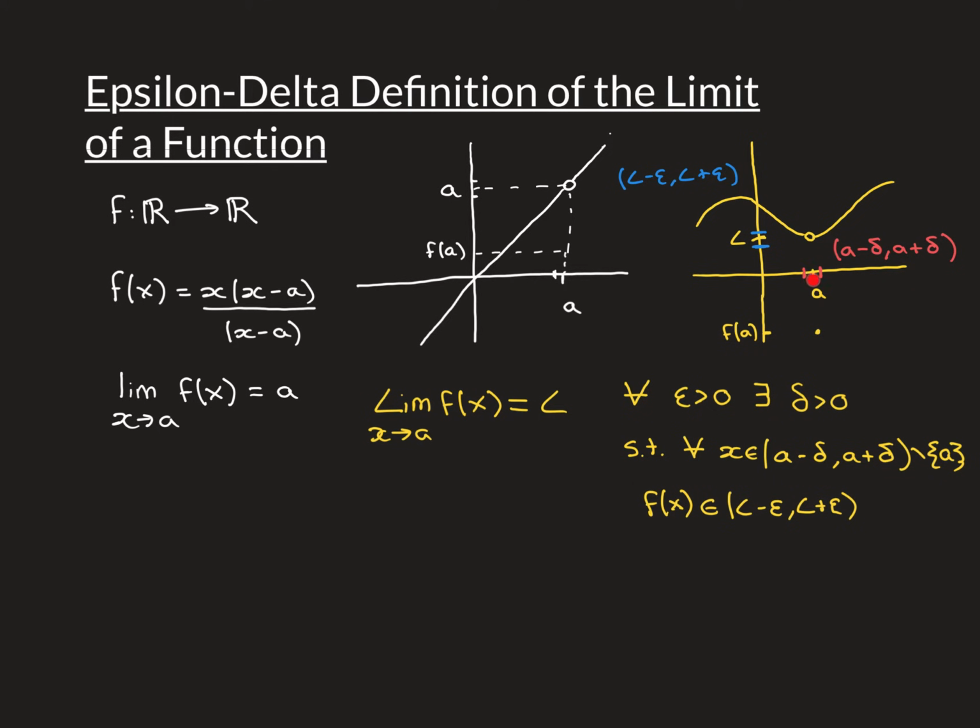So what that is saying is however close you want to be to the limit L, you must be able to find an interval around your point x is equal to a. And yes, you might have to make the delta absolutely tiny, such that all of those points are mapped into that closeness around L, i.e. all of their function values are that close to the limit L. And that is capturing the fact that they get indefinitely close to L because of the fact that this must be true for all epsilon, no matter how small it is.